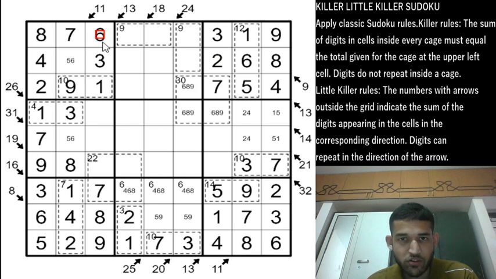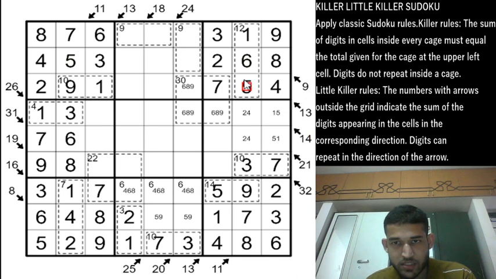And using classic rules, we can place the 6 here because 6 is in row 2 column 8. This will be a 5 and this will be a 6. Now the 14 clue can be satisfied. 7 is placed already in these two cells. 2 plus 5 add up to 7. These two cells, row 1 column 6 and row 4 column 9, will add up to a 7. So if this is 1, then this will be 6, but 6 is not possible, so this has to be a 5, and this will be a 1.